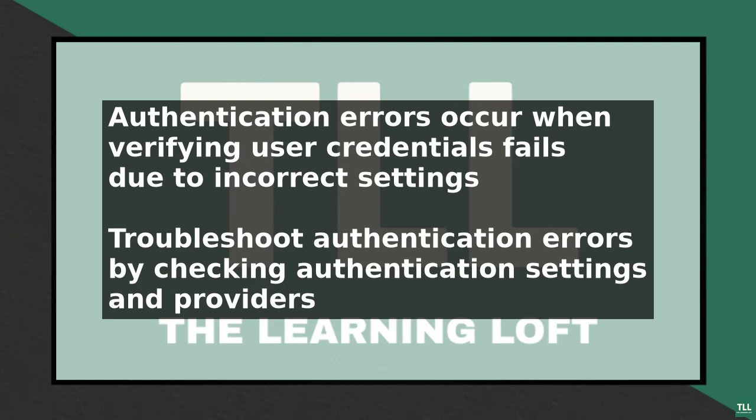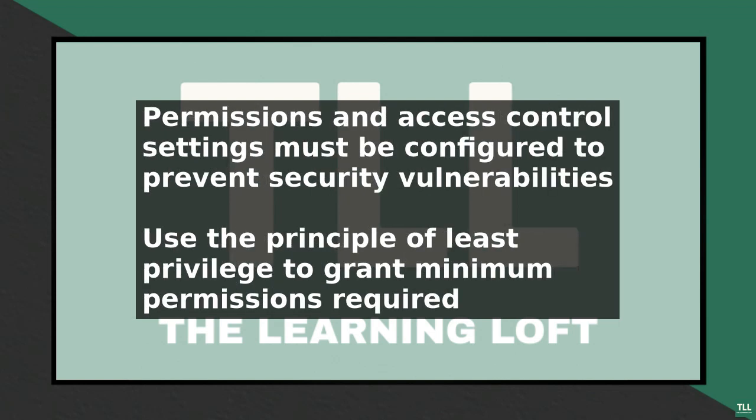Another issue is related to permissions and access control. When you create an identity pool, you must configure the permissions and access control settings to ensure that users can only access the resources they are authorized to use. A common mistake is to grant too broad permissions, which can lead to security vulnerabilities. To avoid this, use the principle of least privilege, where users are granted only the minimum permissions required to perform